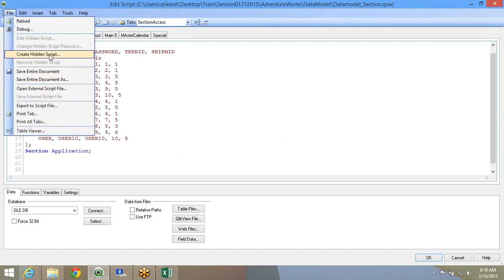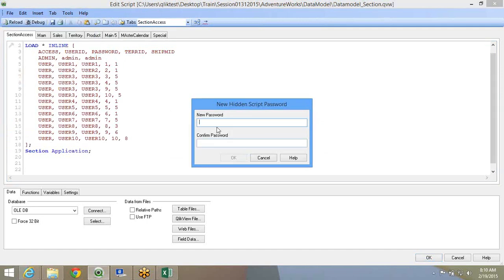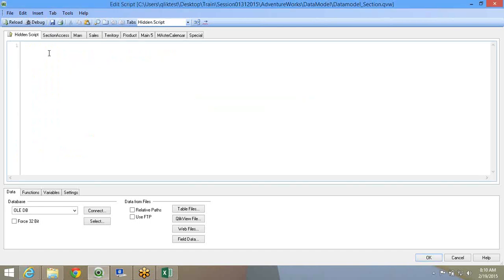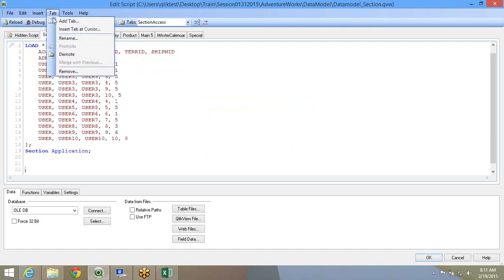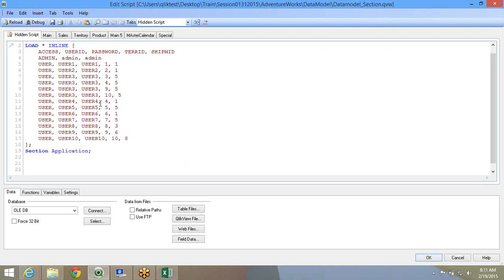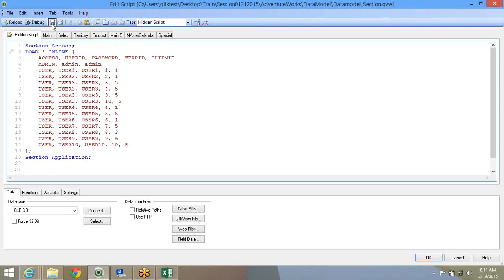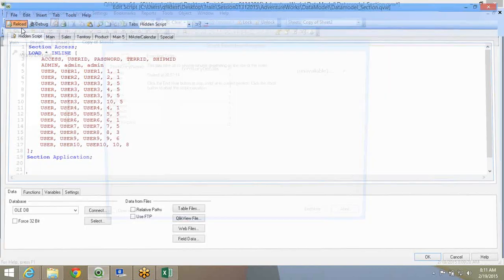Then update the script, go to File, and choose hidden script. It will ask you for a password. You can set any password that you want. Now under hidden script, you can just update the section access. You don't have to create a separate tab. In fact, you can directly create a hidden script tab and do this. Now when you save this and reload,